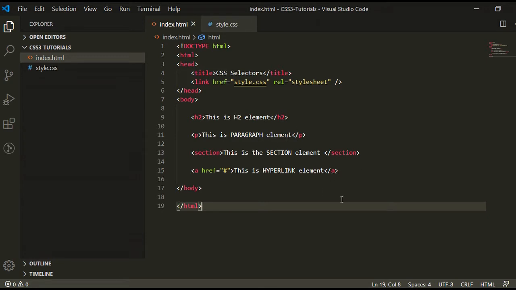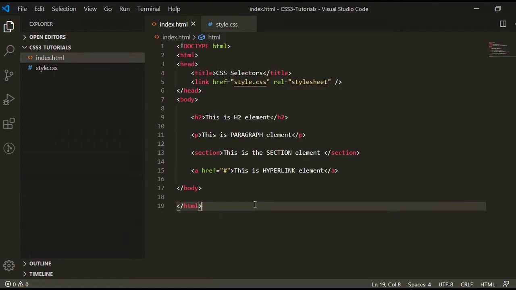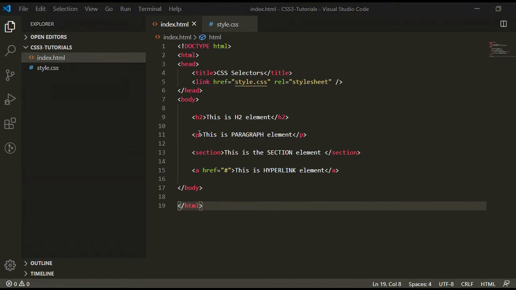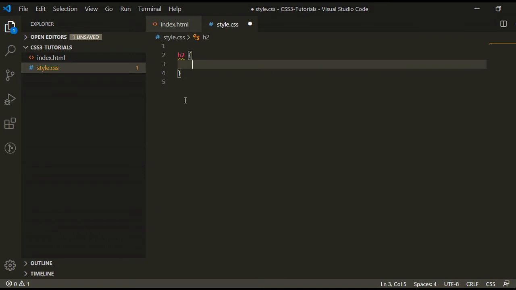So let's see, our first type of selector is the element selector, where you select the elements by name. So let's see how we will select these elements by name. Suppose I have to select these elements: H2, paragraph, section and anchor. So first start with the heading H2 tag. Here we write the name of the element, and here we write the set of rules which we want to